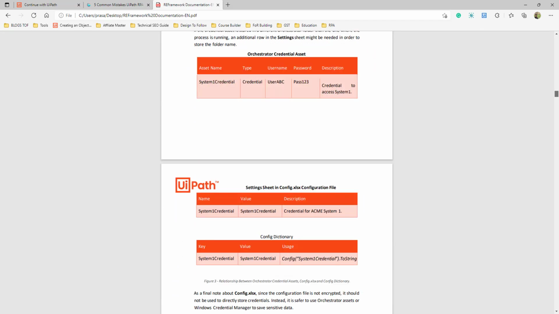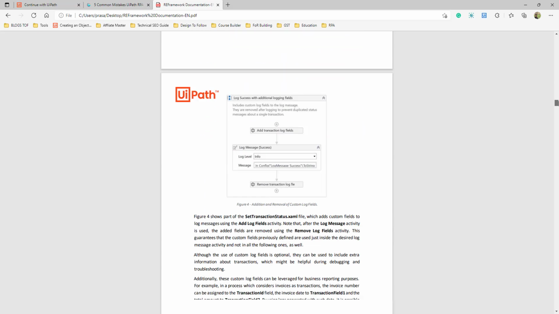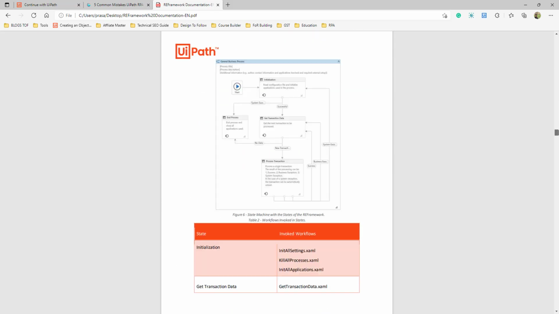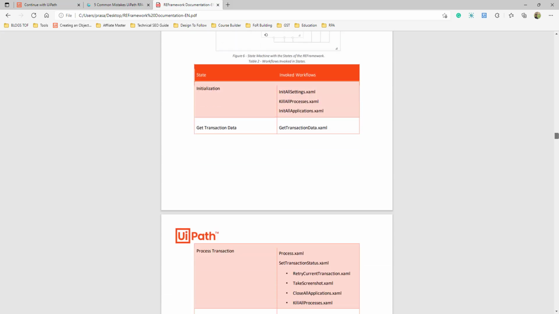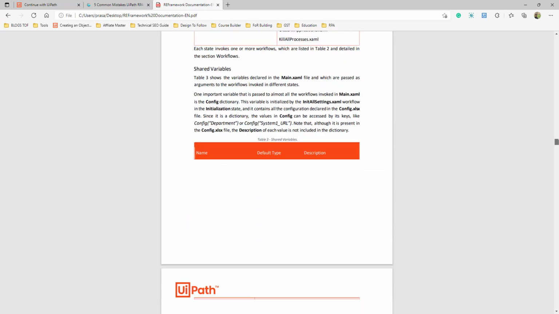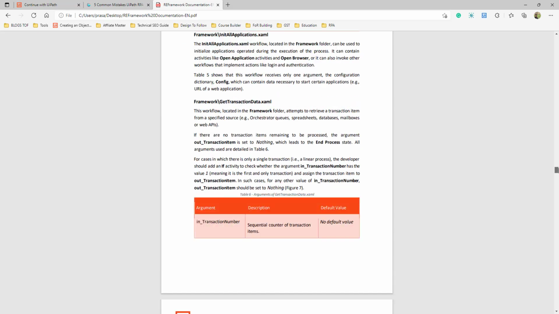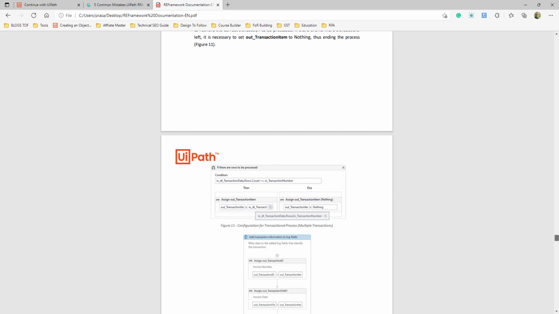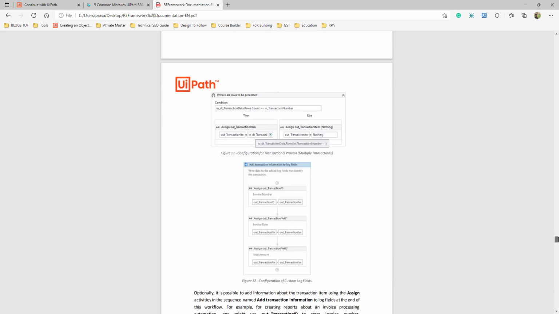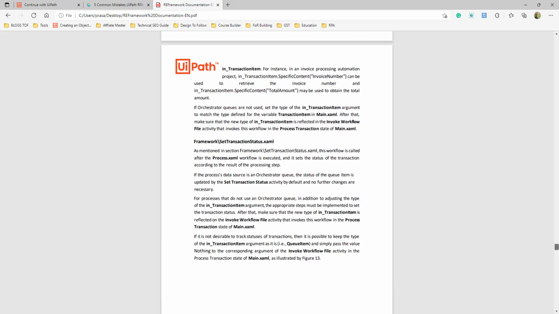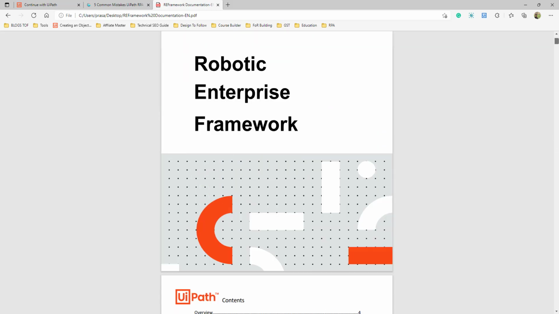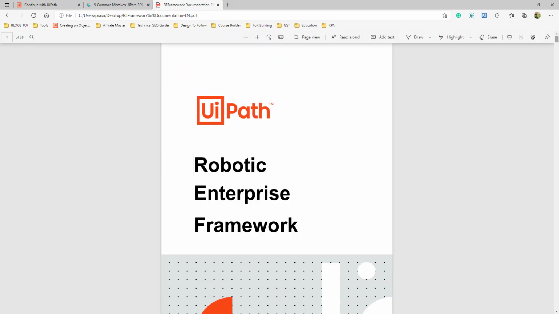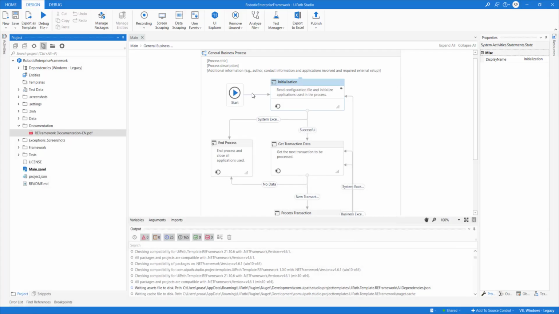And RE Framework is not something that we can complete in 1 hour. You need to understand the granularity of each workflow, each state, why it has been done in such a way, those kinds of things. So this is really a big document, and I'll try to cover as much as I can, but I'll suggest you guys go through this document at least 2 times, because you won't be able to understand everything at once. So go through this document multiple times. Okay. So this is the documentation folder.